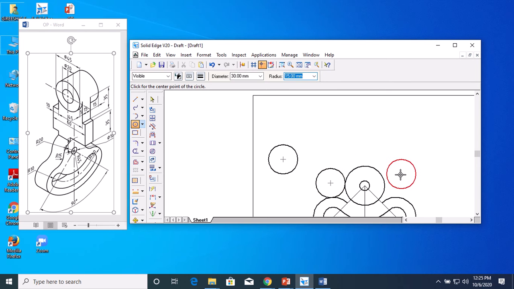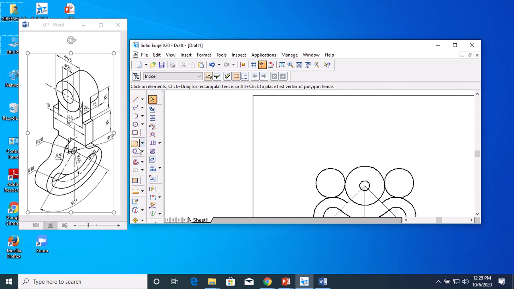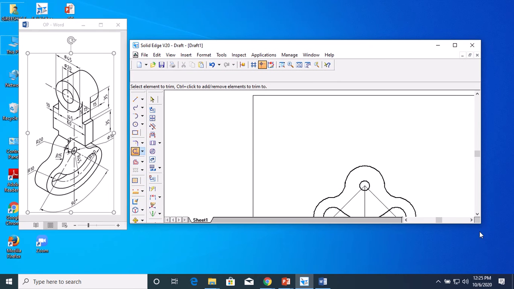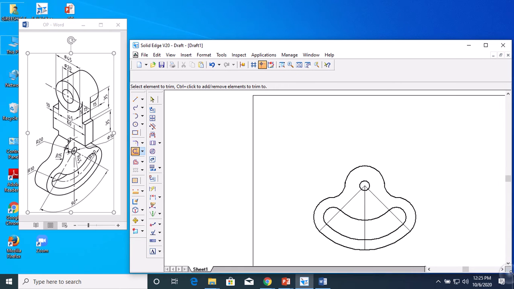So this much is sufficient. On the other side also you can place it like this. After placing, you trim the unwanted portion. How are we going to trim the unwanted portion? Like this, you trim it here, here, here, here, here. So this is what your required drawing looks like, up to this portion it will look like this.